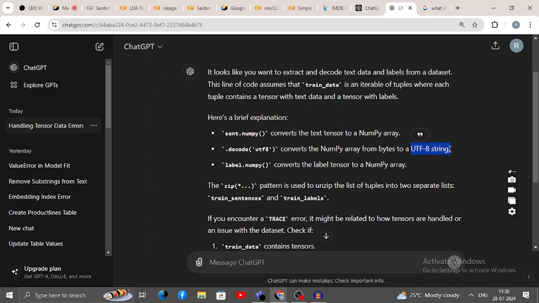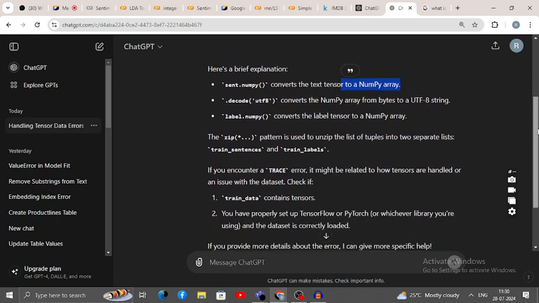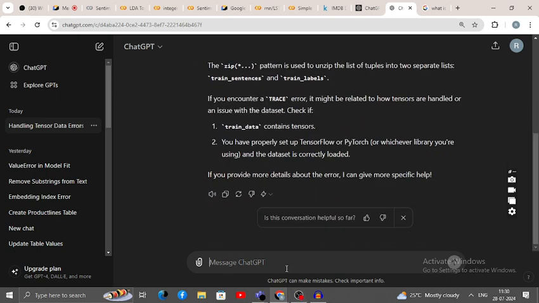This kind of string, everything is included in UTF, a standard type of string. All those convert the label tensor to numpy. Everything you have to convert into an array, because the IMDb data is in the form of text. So if you want to see what this IMDb data is,